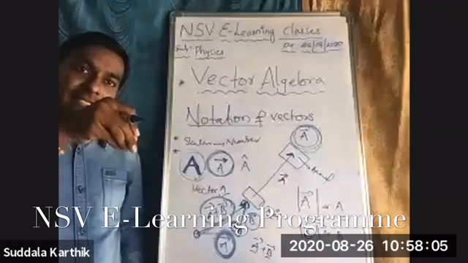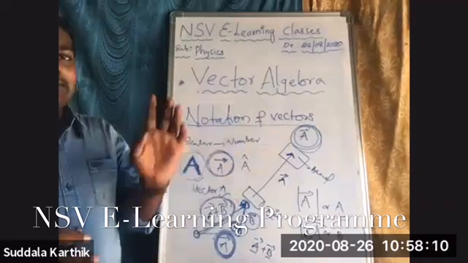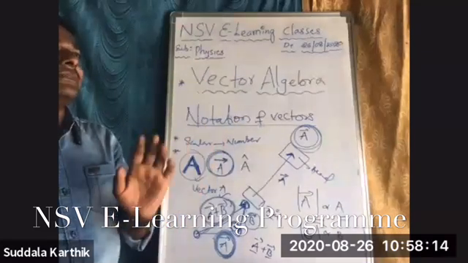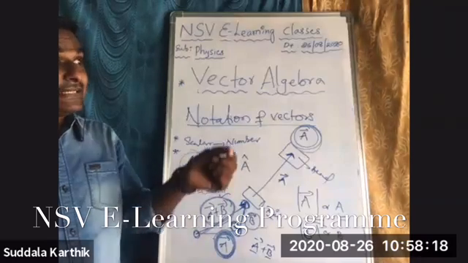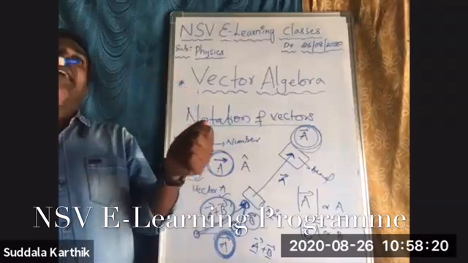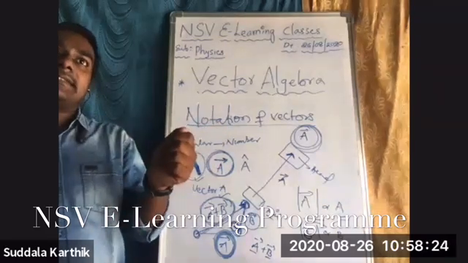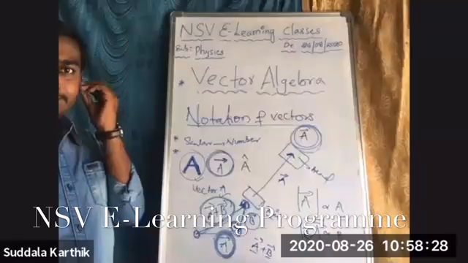By seeing that vector, you can say yes, it is moving in one dimension. It is in one dimensional motion. It is in two dimensional motion. It is in one dimensional motion and it is moving along a positive x-axis or positive y-axis or positive z-axis or negative x-axis or negative y-axis or negative z-axis. Right?